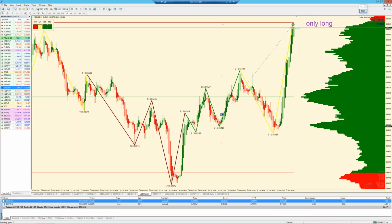So you see, here was my entry. Here was the point of entry. And why? First of all, we had the trend, first rule number. There was the correction, at least 38%. The second correction, you can see number 2. And we have here the balance candle at this point. You can see here. And then the target was green to green, or I give it a little bit more space,